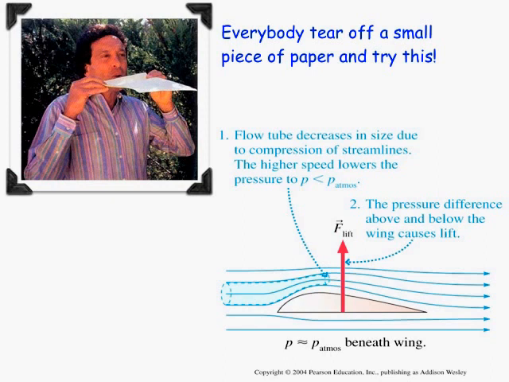So where the air is flowing faster across the longer distance atop the airplane wing, it's increasing its kinetic energy going from bottom to top, which means it's decreasing its pressure going from bottom to top. There's greater pressure at the bottom, less pressure where it's flowing faster at the top, so that greater pressure at the bottom is creating a lift up, like a buoyancy force on the airplane wing.